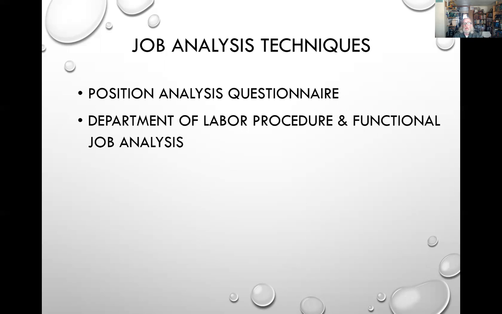Now, when we talk about a functional job analysis and so forth, and maybe using the Department of Labor procedure, we're talking about procedures used by the US Department of Labor that they've established over time. And it's just really a system that the federal government has come up with. And so there are many systems out there, and it's just one amongst many that you could choose. It categorizes worker functions, it gives them codes and so forth. And so really, more than anything, it's a highly organized structure to understand where a job fits into a family of jobs and what industries and so forth. But it is information that could be useful to you.